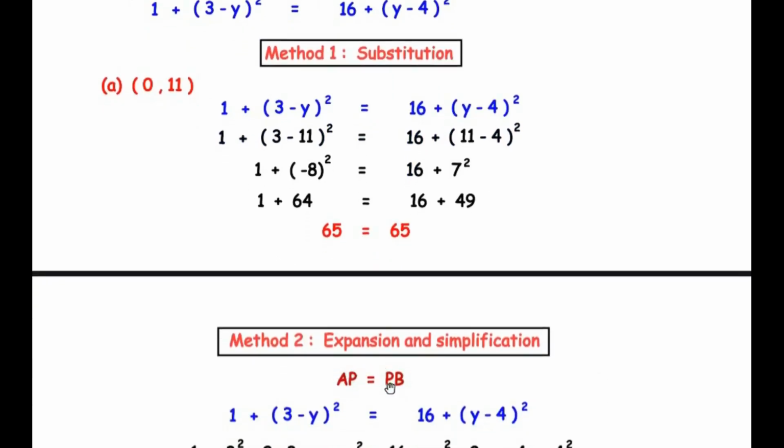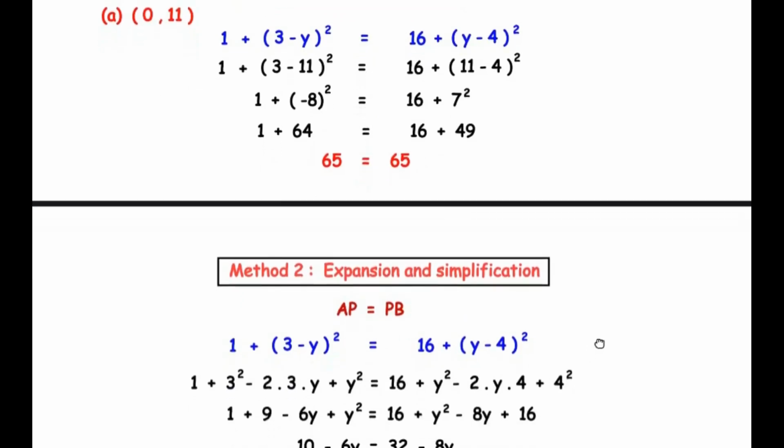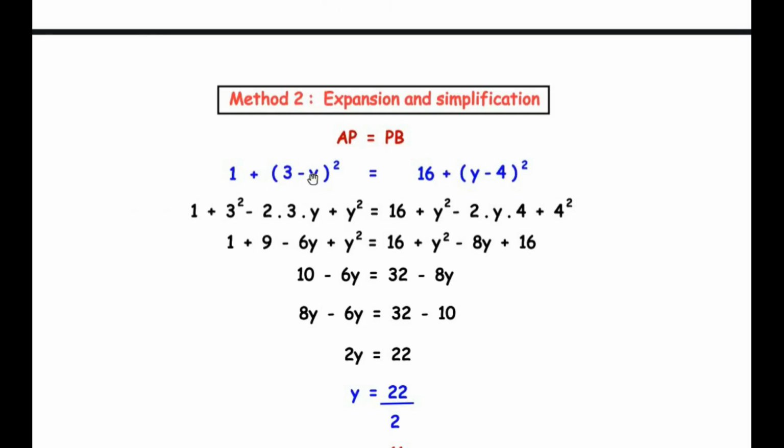So here again I have taken AP is equal to PB and the same equation is considered over here. Here we are going to use the traditional method of expansion, that is 1 plus (3 minus y) the whole square. Now this is the same as the (a minus b) the whole square identity. So we have expanded this as 3 square minus 2 times 3 times y plus y square is equal to 16 plus, similarly we have expanded this bracket as well, y square minus 2 times y times 4 plus